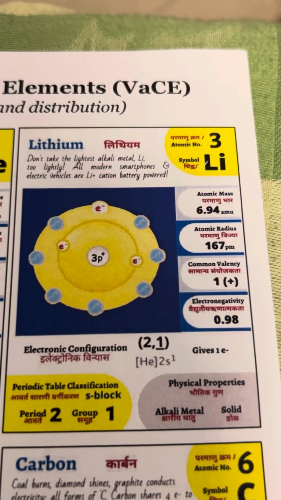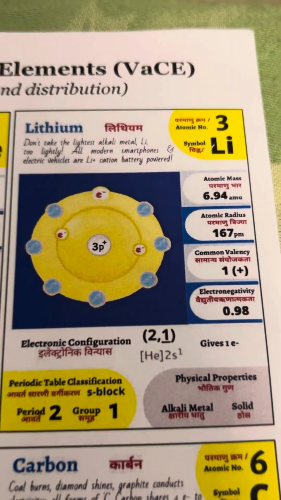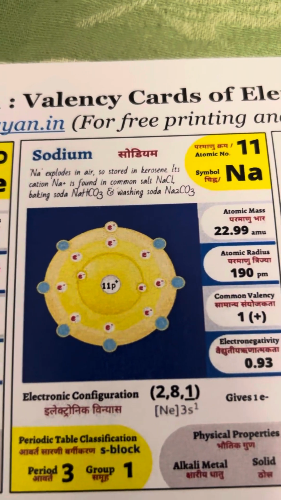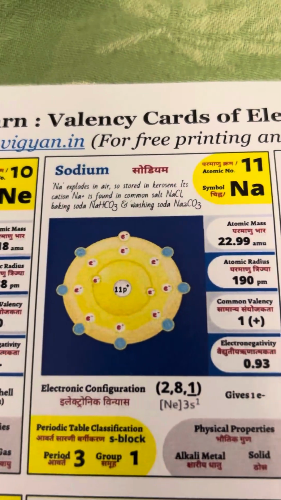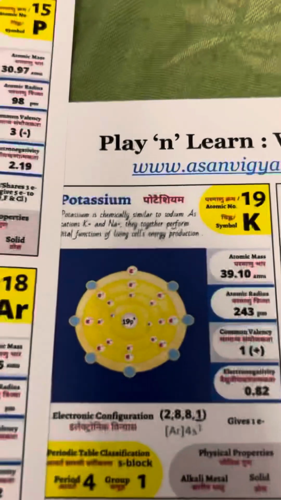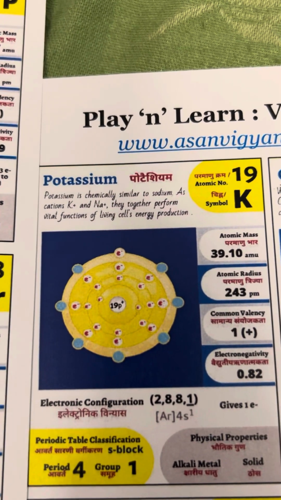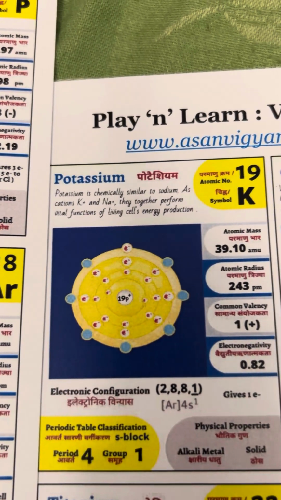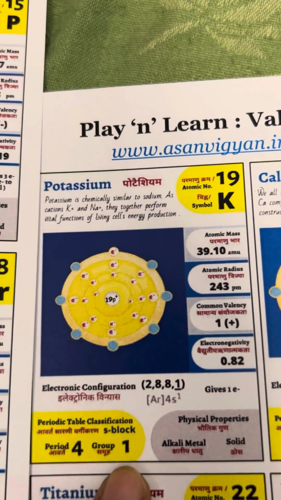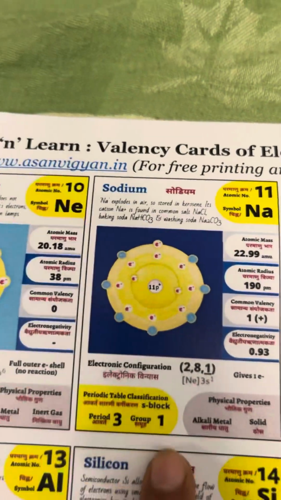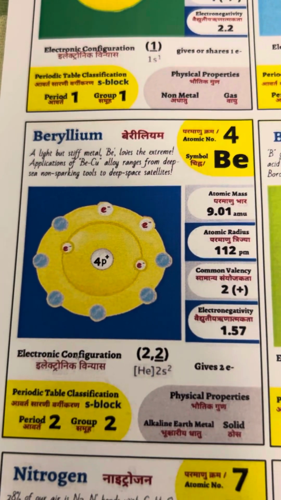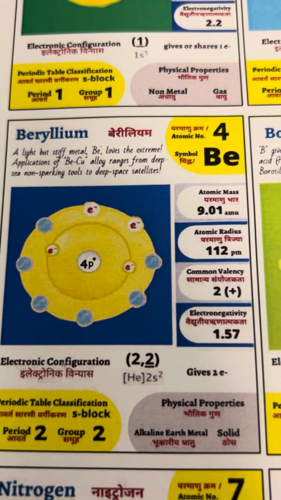We can see, for example, lithium with electronic configuration 2,1 will prefer to give one electron. Sodium with configuration 2,8,1, and again with outer electronic configuration being just one electron only, prefers to give one electron. And again potassium with 2,8,8,1 has only one electron in the outermost shell, would prefer to give one electron, and hence they are all grouped together in group 1. Similarly, when we see beryllium, it has 2 electrons in the outermost shell and the rest are empty.